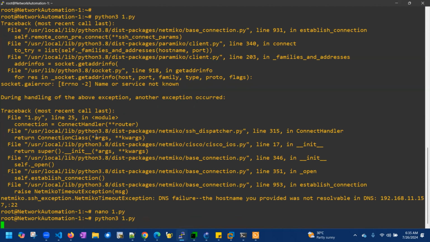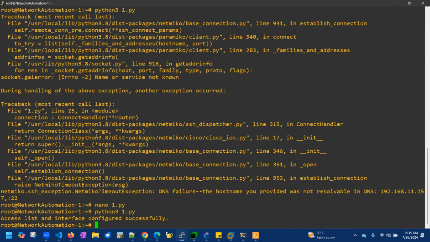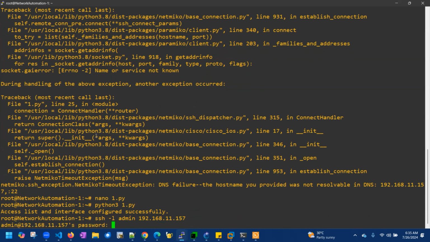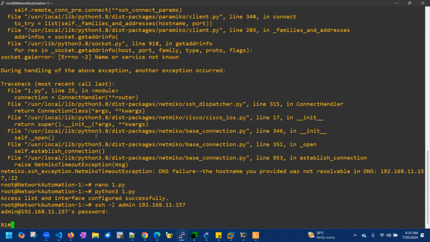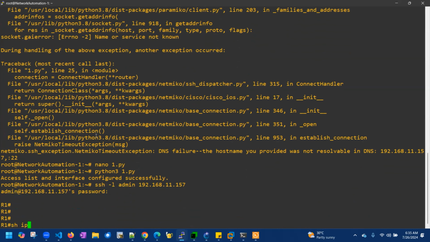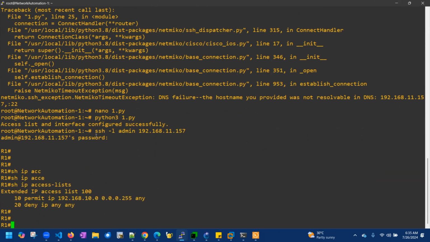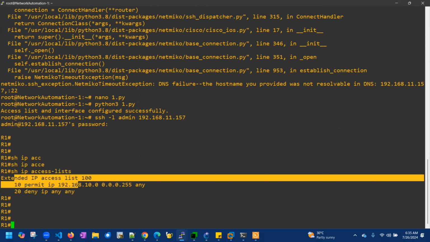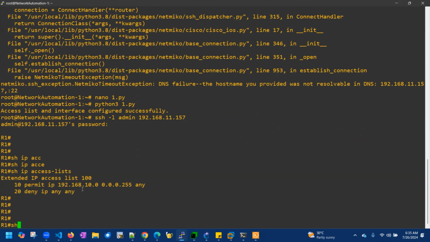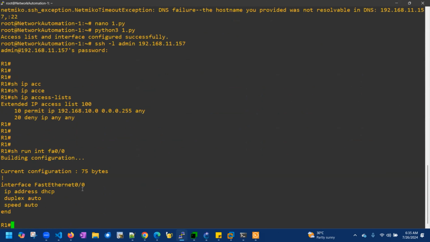So now the script is running. Access list and configuration successful. Now let's go and try to SSH. Even I have that router open in another window as well, but no problem. I'll SSH to that device and do show ip access-list. You can see the same access list we have configured, and then show run interface FA0/0, and this configuration we